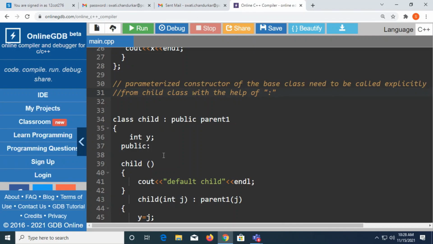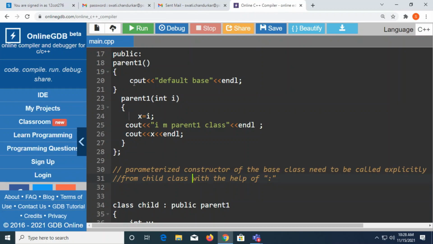Okay, one last point. Now here this was about the constructor. What will be the destructor sequence? See, the object which is created first,